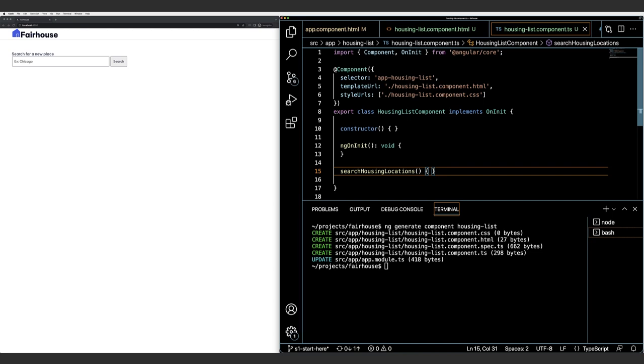Our next step is to somehow get the value of the input field and pass it in as an argument to the searchHousingLocations method. We're going to use an Angular feature called a template variable. This allows us to get a reference to the HTML element from a template and interact with it. In this case, we're going to get a reference to the input and then send the value as an argument to the method. In